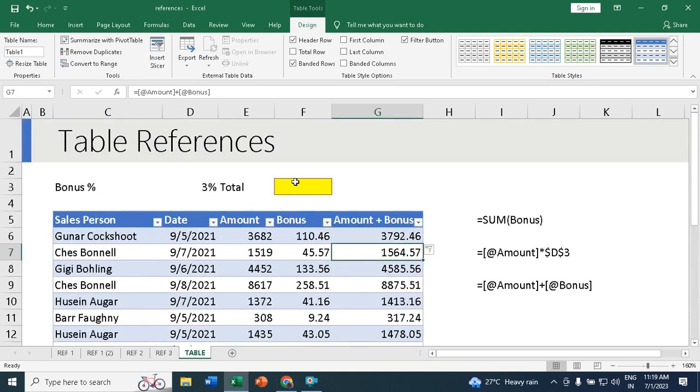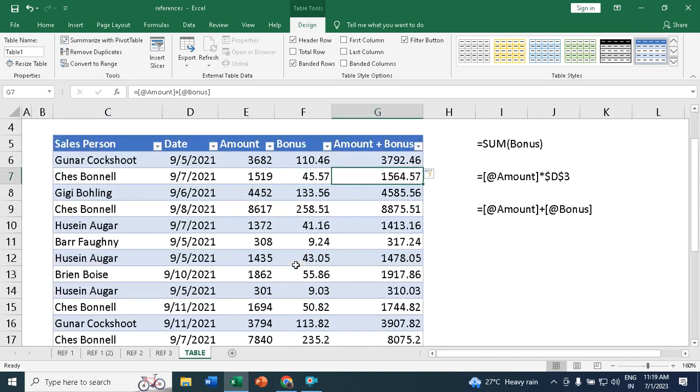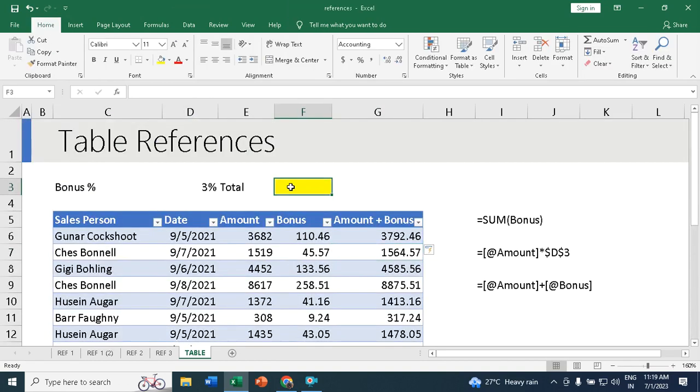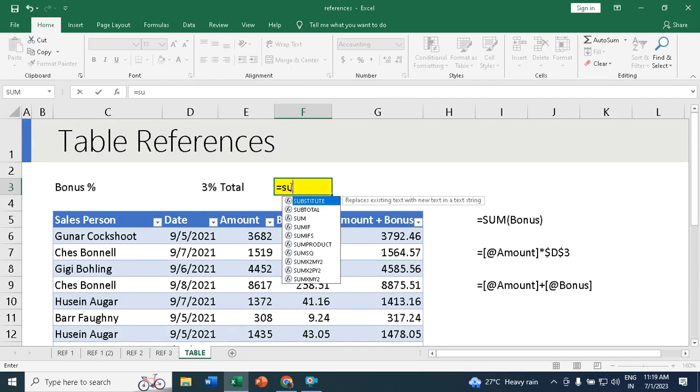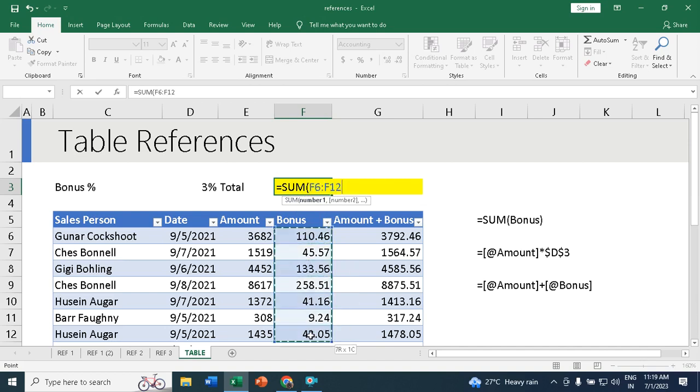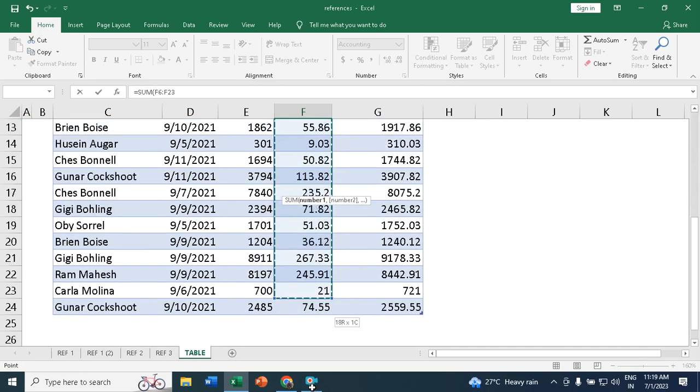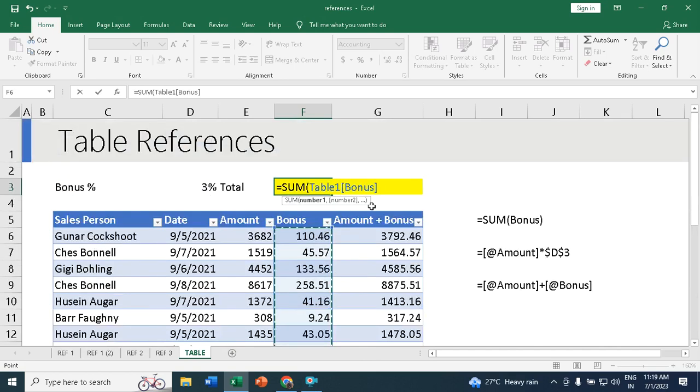Now I would like to calculate the total over here. All this, the full total I want, this bonus total should come here. So for that you just use this formula here, equal to sum, bracket open. Now here I have not used a table style, so I have to select only the bonus. So the entire bonus column you have to select. One way is you can click and drag it like this. Just click and drag the full thing. Okay. Or what you can do is